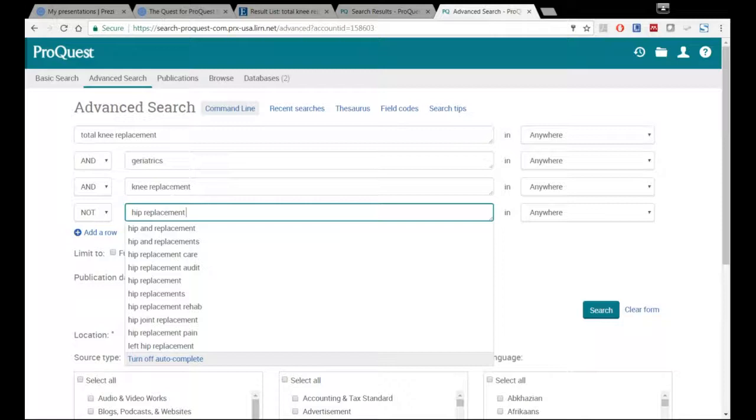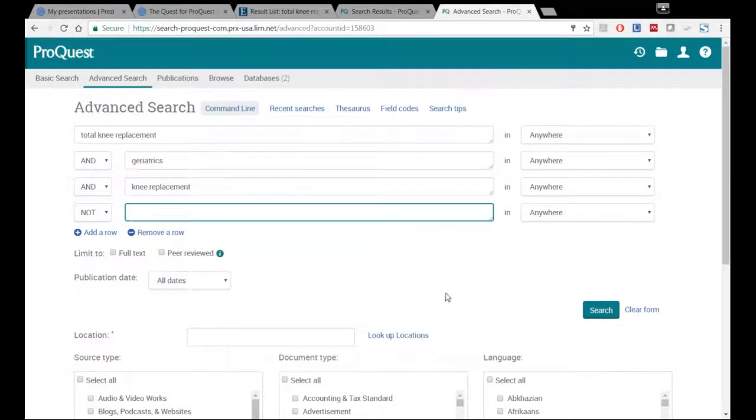It's going to be searching total and knee and replacement, and the search will not necessarily retrieve results with just the word total, or just knee, or replacement, but ProQuest will do its best to locate those search terms in document titles and authors, subjects, full text,